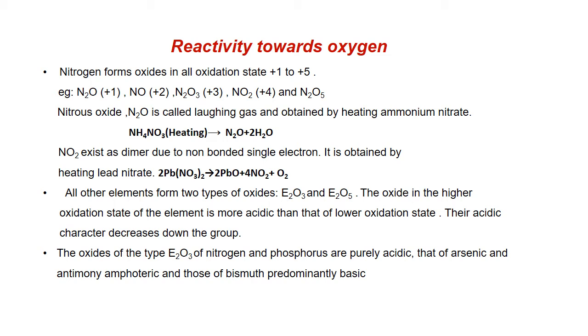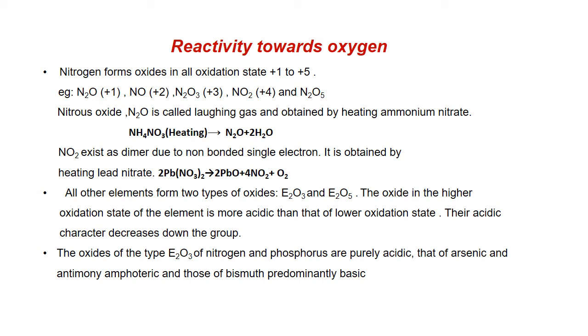NO2, nitrogen dioxide, exists as a dimer because it has one non-bonded electron and so forms a dimer, and can be obtained by heating lead nitrate. Other two types of oxides are shown by other elements, E2O3 and E2O5, like P2O3, P2O5,